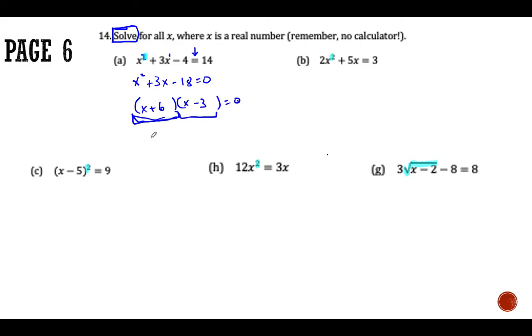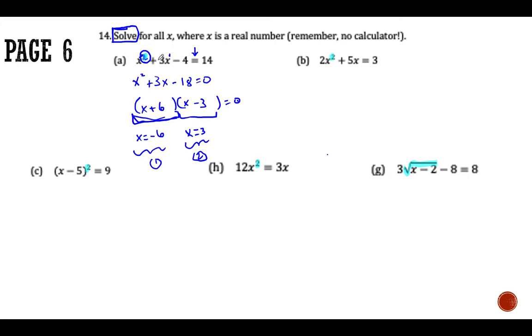The only way that can happen is if x plus 6 is equal to 0. The only way that happens is that x is equal to negative 6, or x minus 3 is equal to 0, which only happens as x is equal to 3. This is not a coincidence that x is squared and you get 2 answers. A quadratic always has 2 answers. Sometimes those answers aren't real, sometimes they're not rational, sometimes they're the same number, but there's always 2 because the